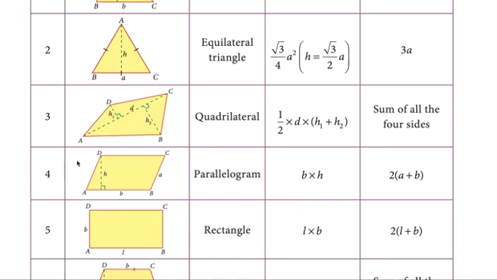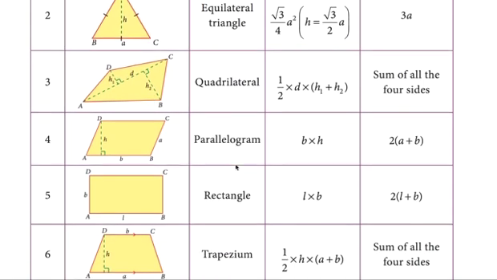So what we essentially did was we made it a triangle, and we divided this into two triangles. Half base into height is the formula, right? So half base is d, height is h1 for this triangle ADC, and for this triangle ACB the height is h2. So half d into h1 plus h2 becomes the total area.